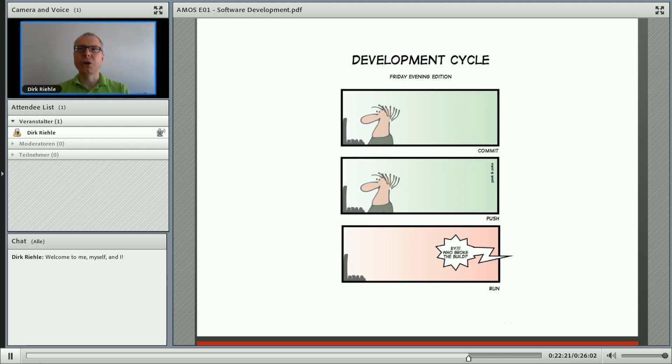Here's another cartoon on how things used to be. The development cycle, Friday evening edition. This guy did exactly what I just told you not to do, which is to consider the version control system to be the place to make a backup of the code rather than to contribute only well-working code.